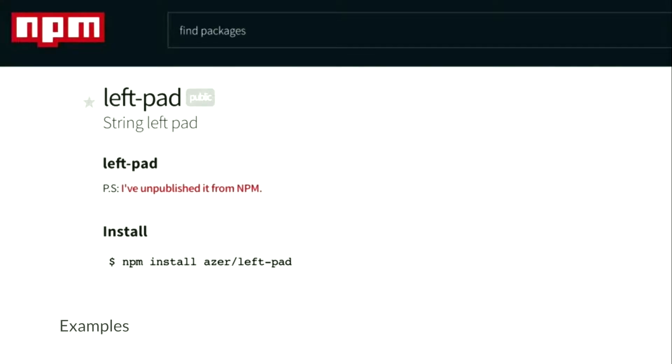Something maybe a little more close to home. NPM. Who heard about LeftPad? LeftPad is a package module for Node. There was a dispute with the name LeftPad, and the author unpublished the code, and that took down many websites. All LeftPad is, is a bit of padding on the left side of the screen. And that was a dependency of a dependency of a dependency of packages. So you can see where that caused a problem.